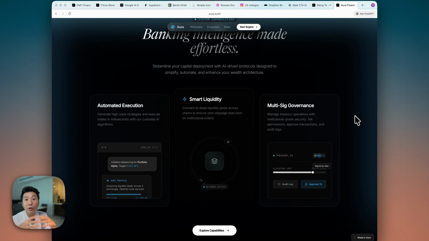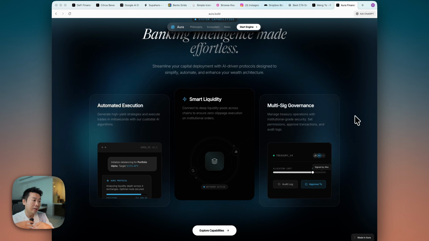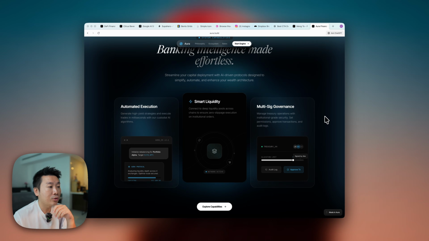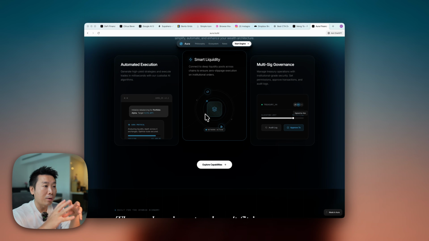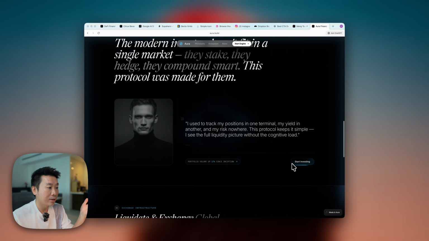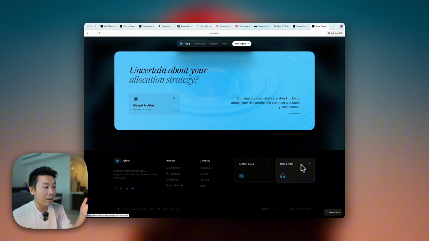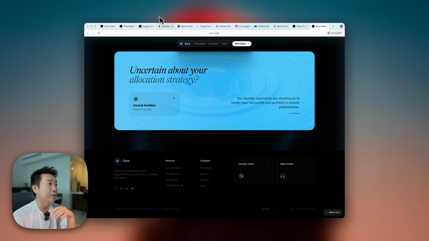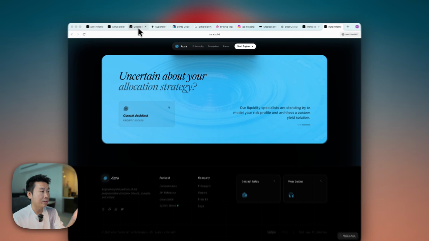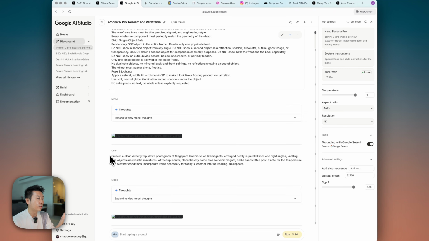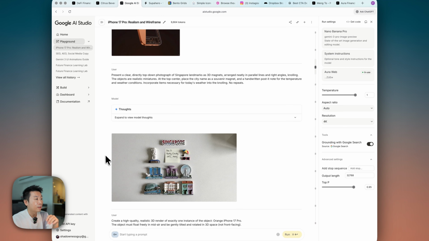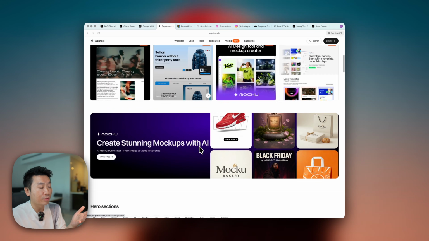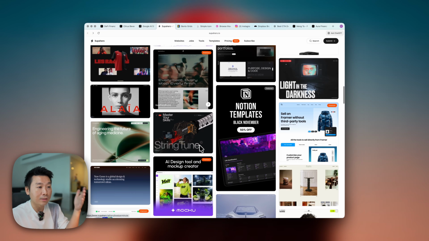customizing in design mode if you have a little bit more design experience, and just progressively get better at those things. And you want to prompt one by one, you want to get into the details, you want to add more sections, and make sure that you have a full arsenal of tools and resources at your fingertips. So for example, you can go and use Nano to generate new images. You can use Superhero to get these beautiful hero sections to use as a wireframe, as an inspiration that